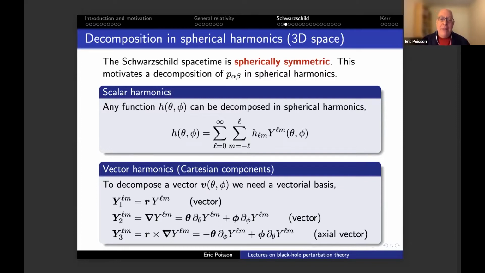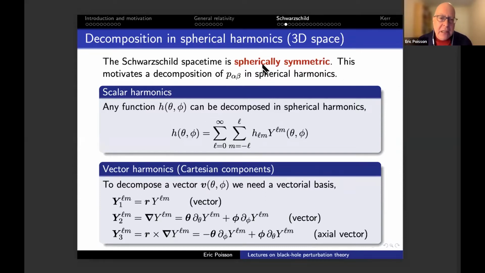Anyway, let me give you my perspective on this. And I'm afraid that the next few slides are going to be a little bit technical in that sense, but I just wanted to give you a flavor of what it means to really deal with those details when you're trying to expand a tensor in spherical harmonics. All right, so let's think first of doing it